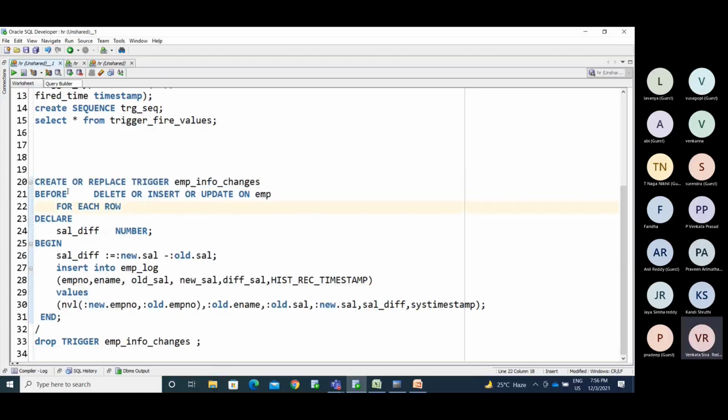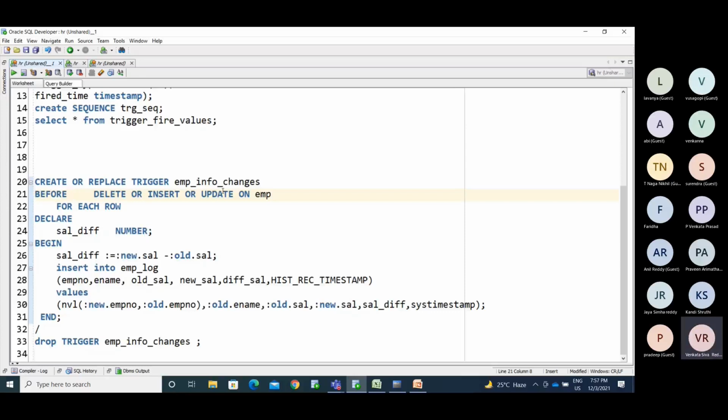Okay, I said before, so now I am using a before trigger. What you mention in it is checked prior to the DML action: before delete or insert or update.